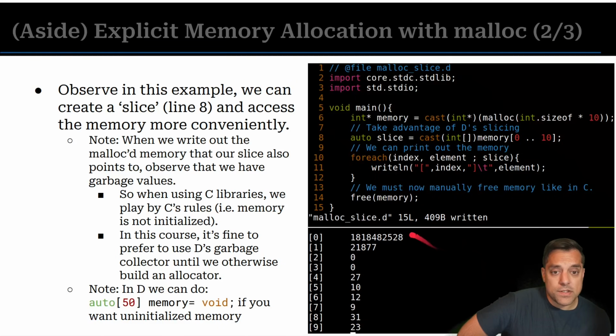Okay, and just to show you that malloc's actually being called, if you look at that memory, there's garbage in here, right? It's not zero initialized. You'd have to use calloc and so on for this. All right, so anyways, this little example here, and you can see me looking at the memory by using the little slice. It's just regular memory at this point, and you can use all of these features like slicing and foreach loops and stuff with it.